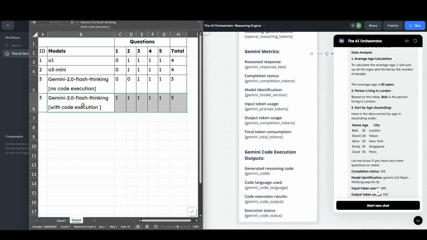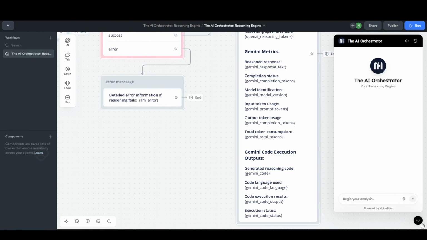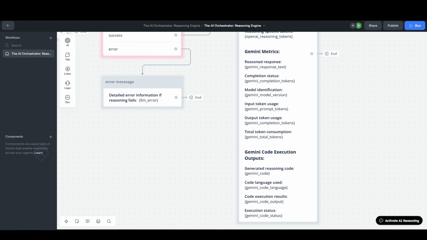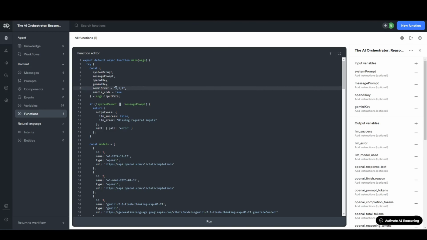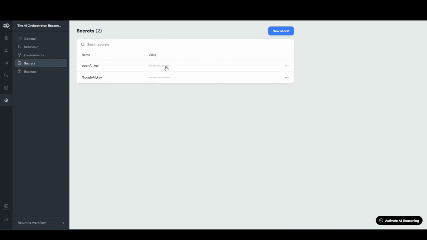Great. So the next thing we want to do is try to simulate an API error so that we would see how it falls back to the Gemini. So let's just put the Gemini at the last. Let's keep this at true because we're going to ask it a very trivial question which doesn't require code. So it should be able to determine that this does not require code and there's no need to generate it. So we're expecting that O1 will pick it up, but we're going to actually make a mistake or delete some characters in the API key. So let's make an error in the API key.